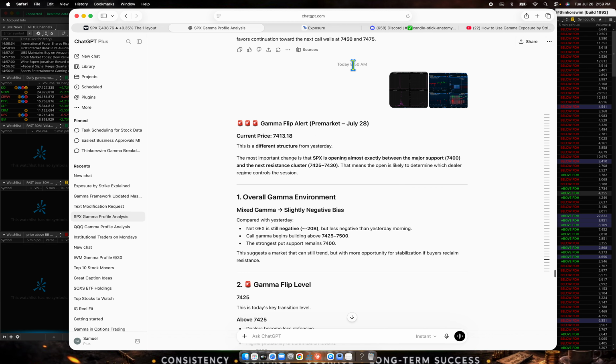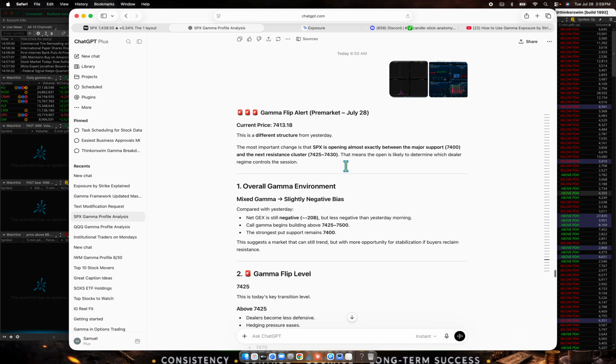Okay, 8:50 a.m. I grabbed the open interest and the gamma from Thinkorswim, and I grabbed the information from Quanta Data as well. It just gave me where current price was. Because we don't have pre-market for SPX, it gave me the most important change: the SPX opened exactly between the major support and resistance level. The next cluster